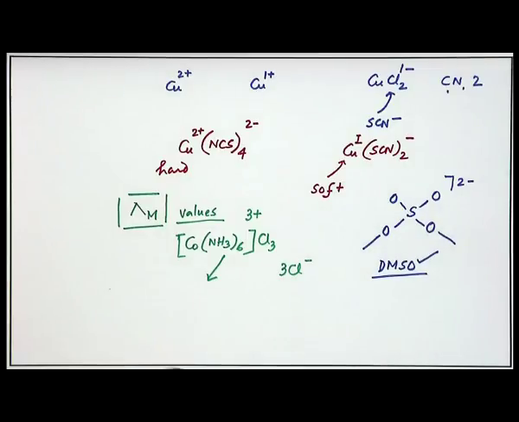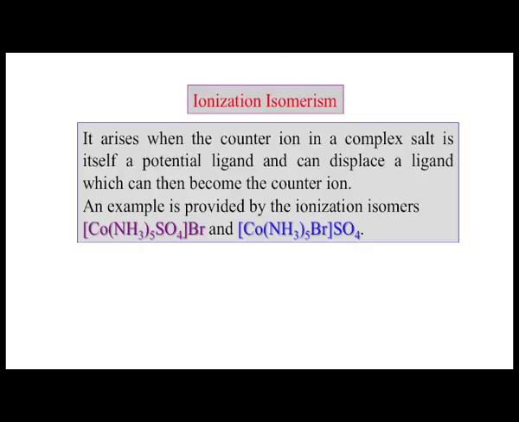So, what happens in the first case? In the first case we see that the sulphate is within the coordination sphere and already 5 ammonia groups are there. So, for an octahedral geometry around this cobalt center, the sulphate oxygen should function as a monodentate ligand to the cobalt center. So, the cobalt environment is N5O only. Similarly, for the second case, we all know that bromine is a monodentate one, and since the cobalt is trivalent, the charge neutralization takes place from the bromide ion coordinating to the metal center, with the sulphate on the outside.